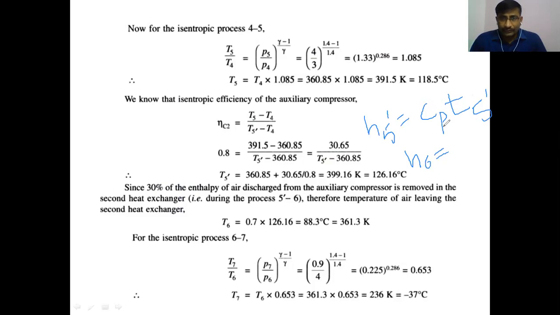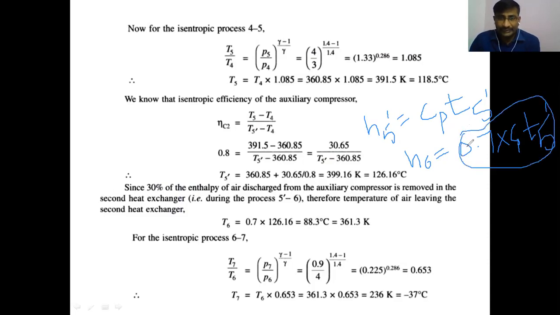Only 30% is removed. The remaining 70% of the enthalpy is contained in the air after the heat exchanger. Therefore, 0.7 into Cp into T5 dash. Clear? This is the enthalpy content in the air after the heat exchanger. 70% is there, 30% is removed. Clear, students? From this, Cp into T6 on the left hand side is equal to 0.7 into Cp